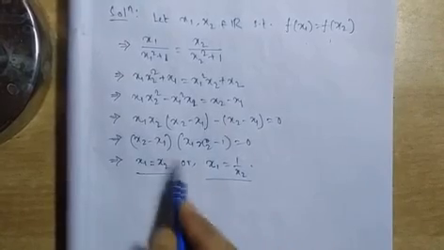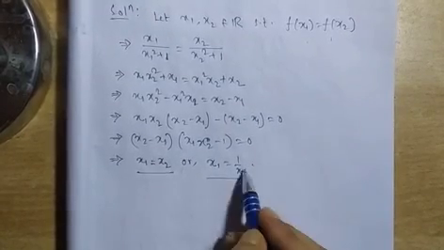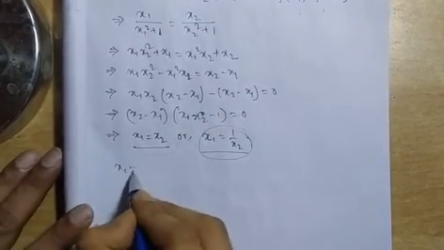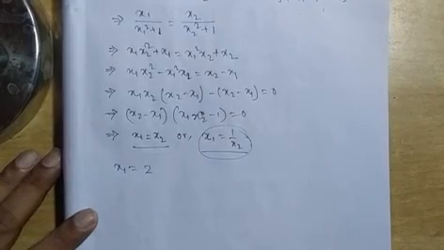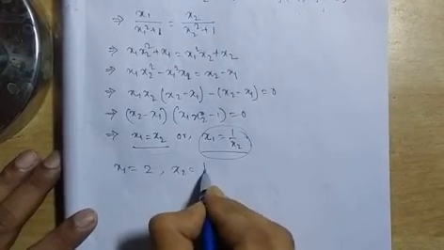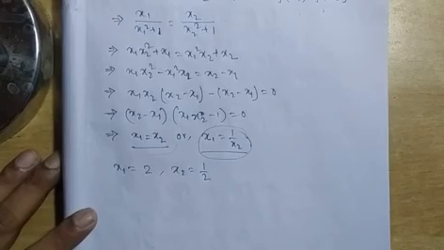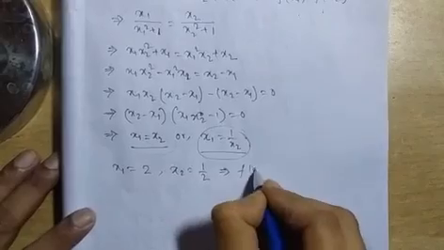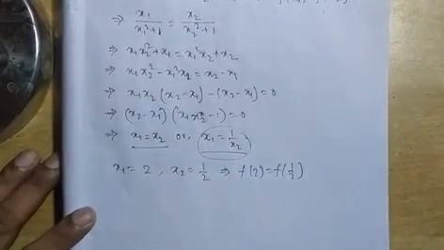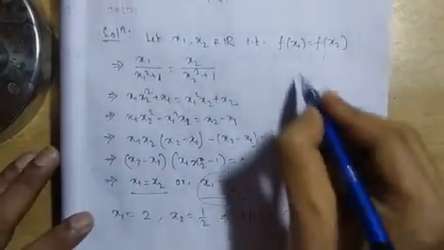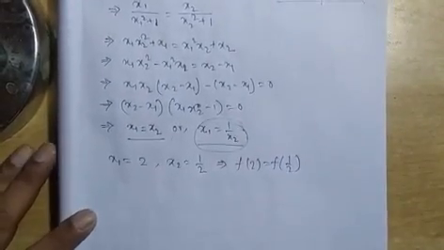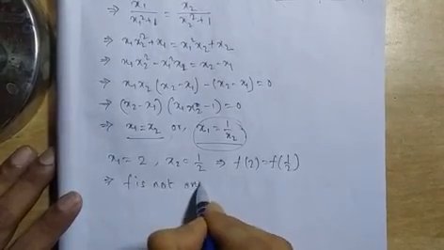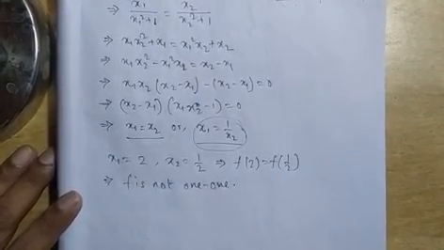If this was the only case, it was okay, but here one more case is there. If we take x1 equal to any real number, say 2, then we can have another real number different from 2, that is 1/2, but we will have f(2) equal to f(1/2), as we have considered. So that will imply that f is not 1-1. Is it clear?